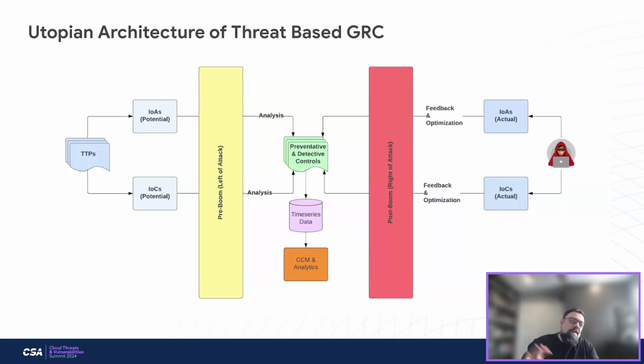Now, what you have on the right side is the post-boom. So now an actual event may have happened, or an actual attempt may have happened. And what becomes critical is, again, you've had this hypothetical or conceptual data that may be generally available, but now taking data that's contextualized or applied to your specific environment and synthesizing that as part of the control maturity cycle again helps improve the way that controls are designed, implemented, and matured, right?